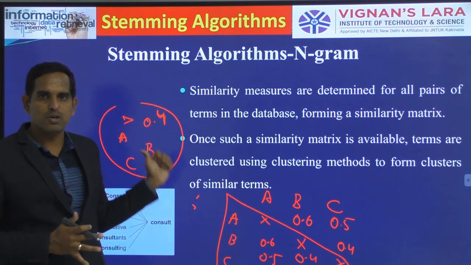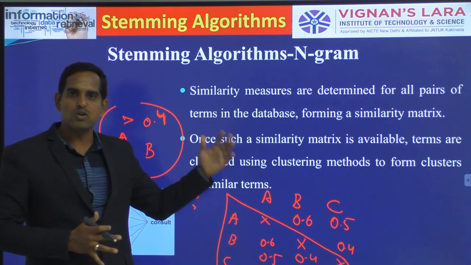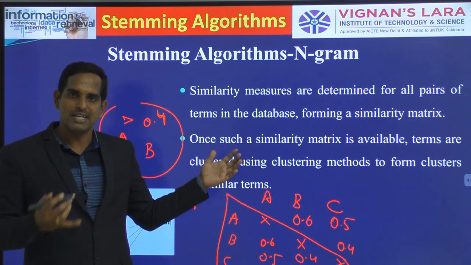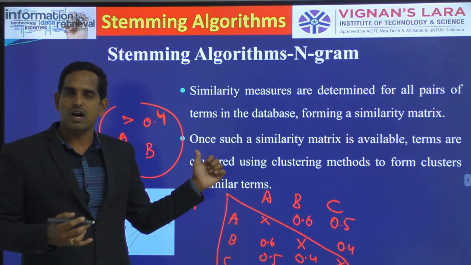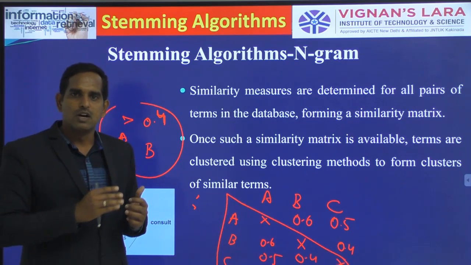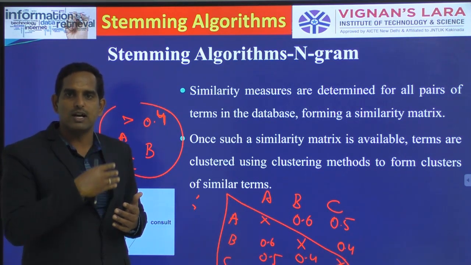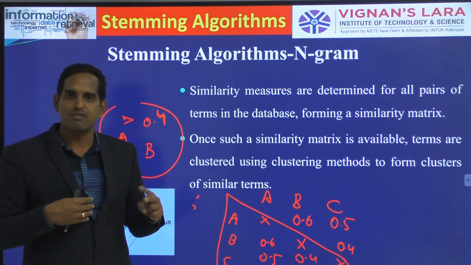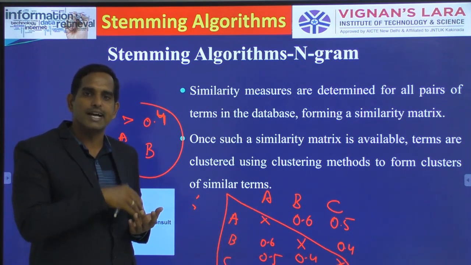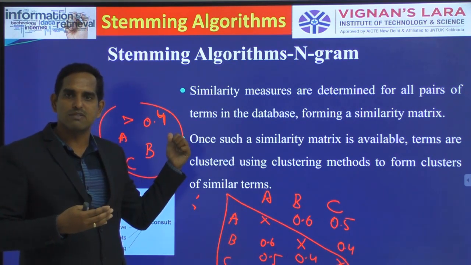Okay, this is about your n-gram method, where initially we have to find the value of your n, whether you are going for a digram or a trigram. So from that you have to create the digrams for your pair of words. Okay, you have to calculate or find the unique digrams for each and every pair of words. By finding your unique digrams, we will be finding the similarity measure by using the formula.